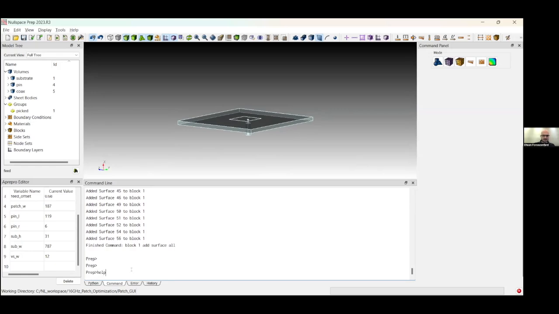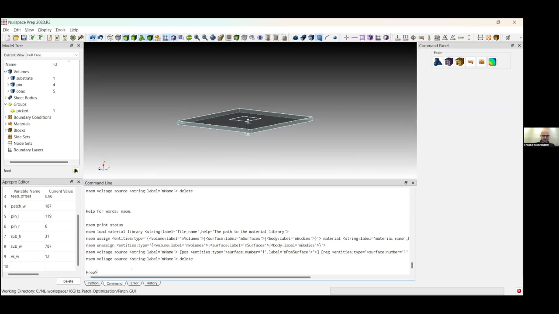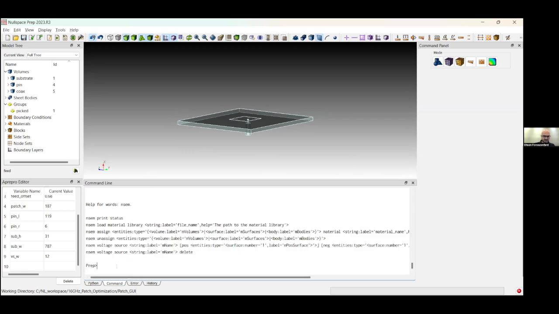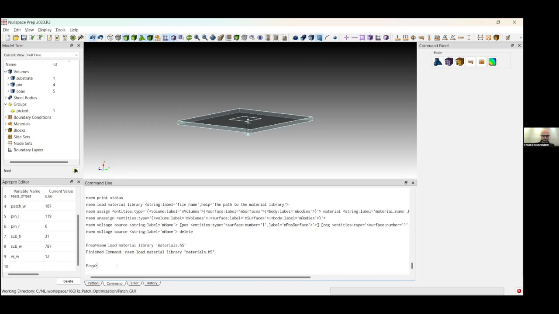You can write help nsem, and then you would be able to see all the commands that nsem has available. So we can write nsem load material library, and then the name of the file that we created, and then the format .h5. All right, now we have loaded